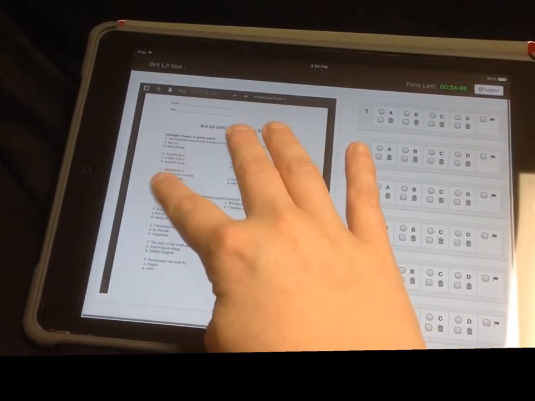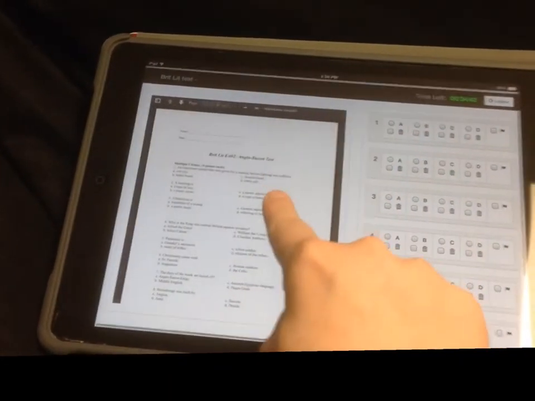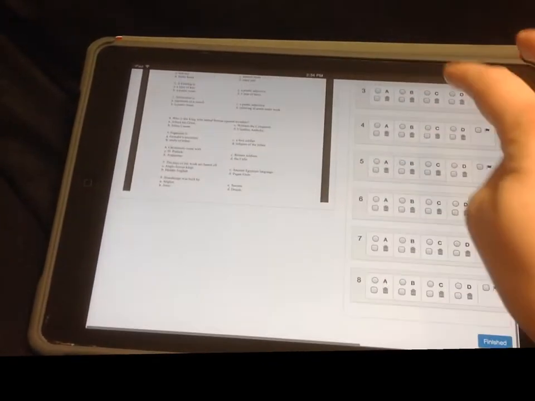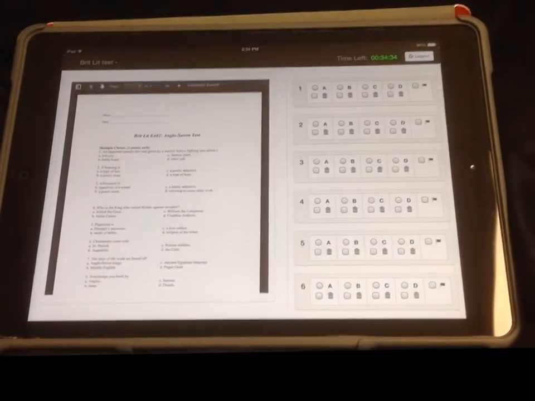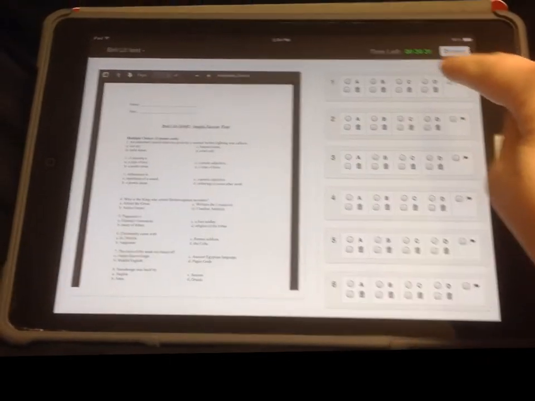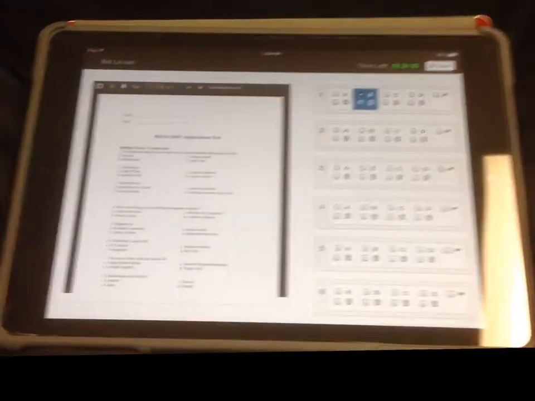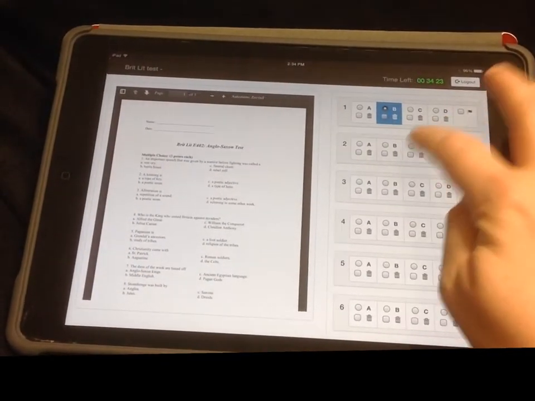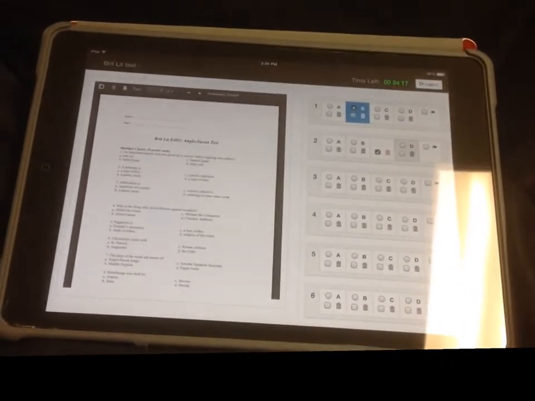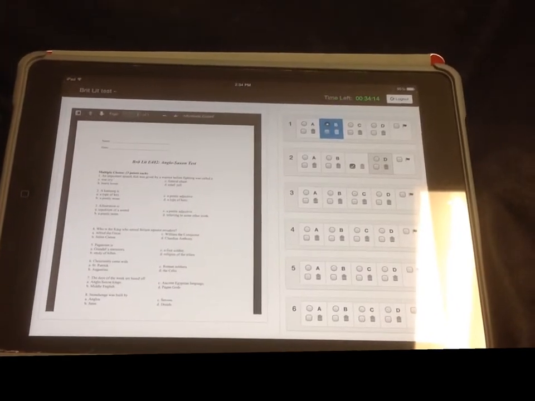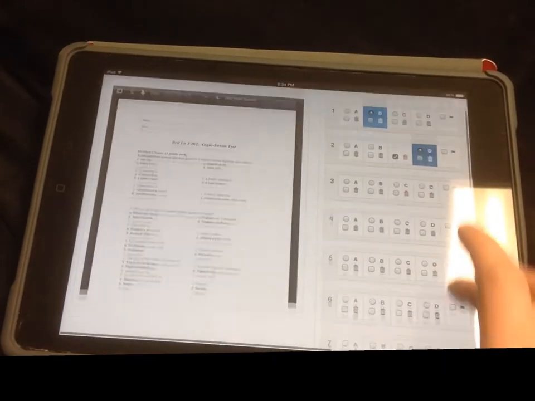You can change the zoom. You can go back and forth on the test by scrolling. When you're ready to answer, if you scroll down to the lower questions, the test will follow you. Just like the last type of assessment, you can always decide to select the answer or to delete some of the possibilities, or you can add one back in. You can read it and say, I'm not sure, I think that's the answer, or maybe it is D.